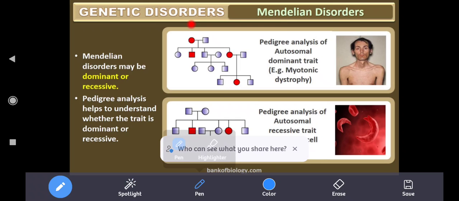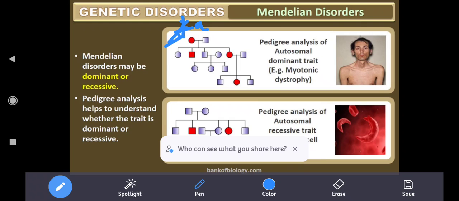Let us consider this lady has the disease. Since she is shaded, we consider her diseased. Now she might be capital A, small a, with the dominant one. Since she has a dominant trait here,